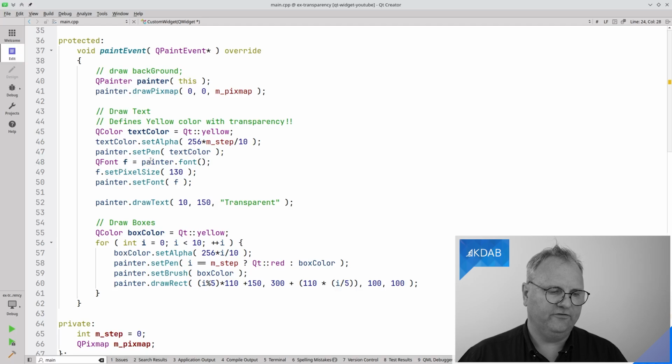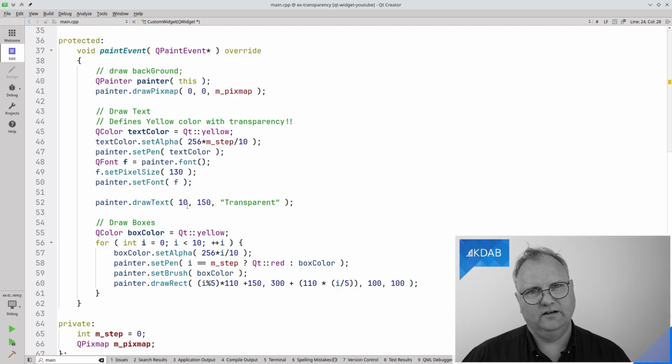I create a font by going to the painter and saying, what font do you have already? Because this might be in a larger context where somebody could change the font used on this particular widget, and I just want to use whatever font they provided. So I go and ask for the font. I will crank the font up really big, 130 pixels. I'll set the font on the painter, and now I'm ready to paint.